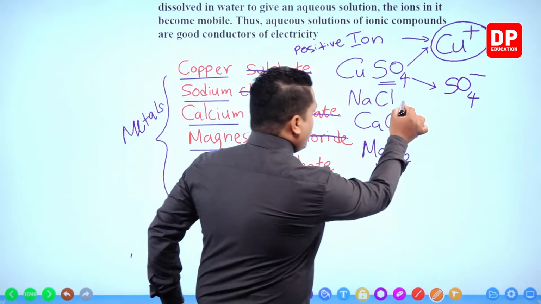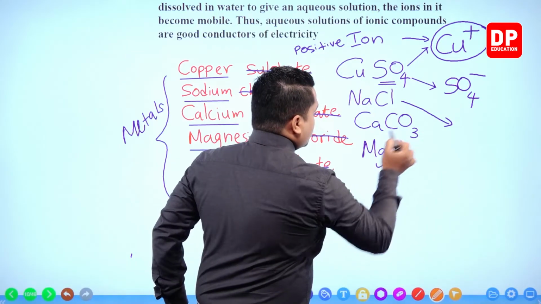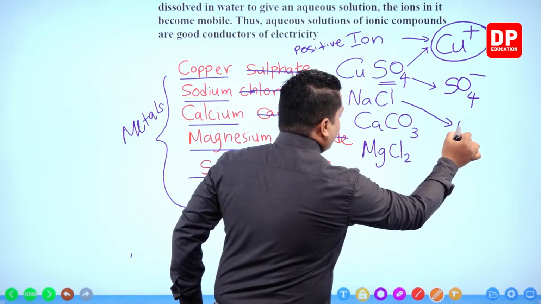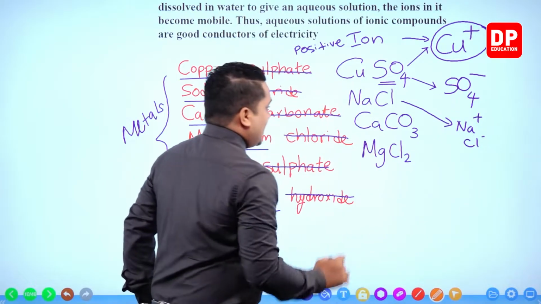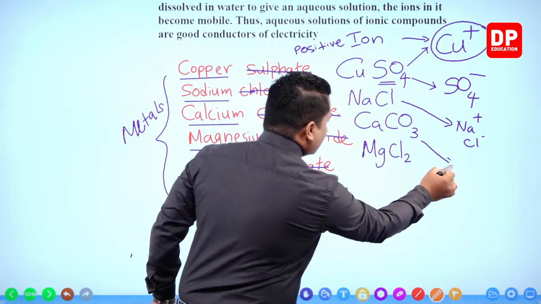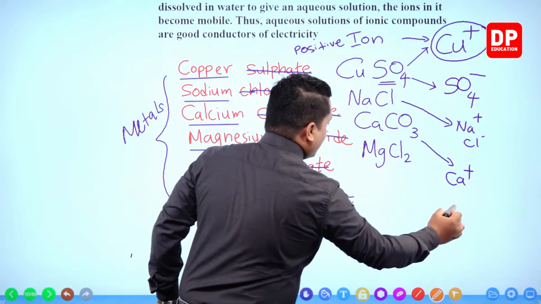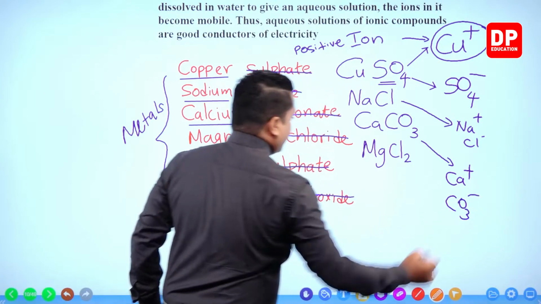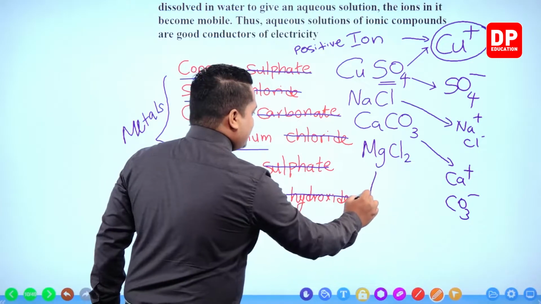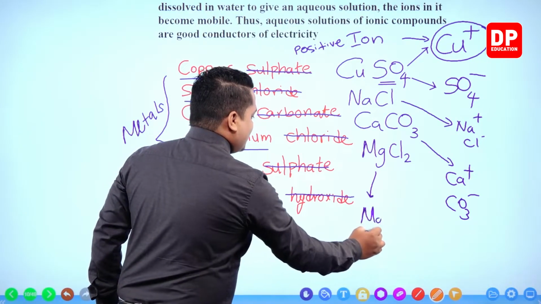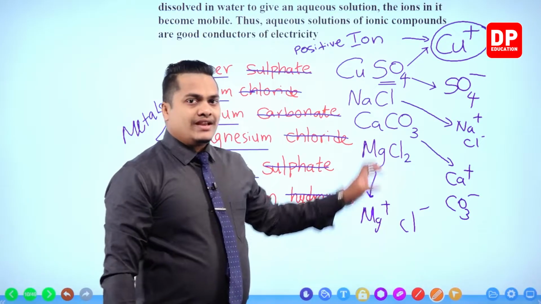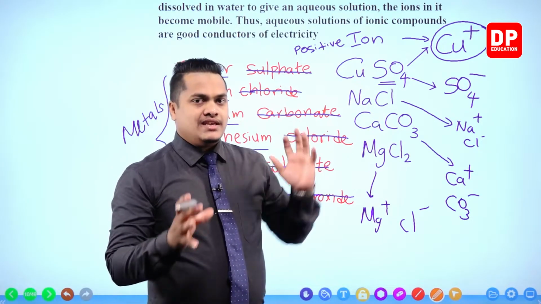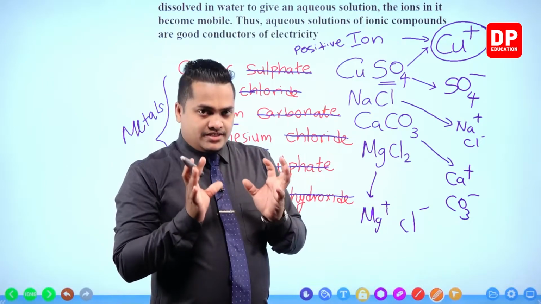Sodium chloride is made by positive sodium and negative chlorine. In the same way, calcium carbonate is made by positive calcium and negative carbonate. Magnesium chloride is made by positive magnesium and negative chlorine. Don't think about the numbers,